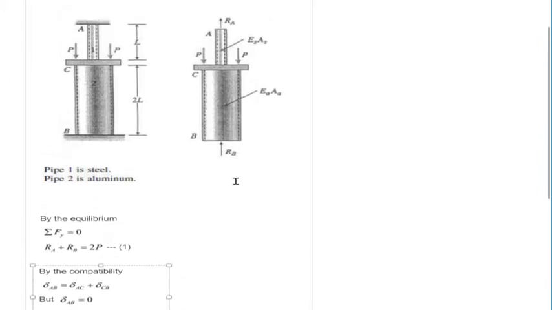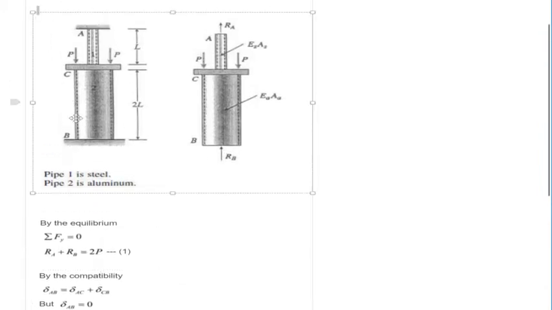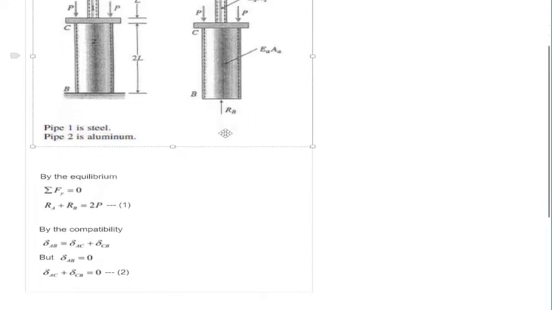Because we know that the system is between two walls, it's not gonna elongate. So the elongation of the two pipes added together has to be equal to 0. Alright,